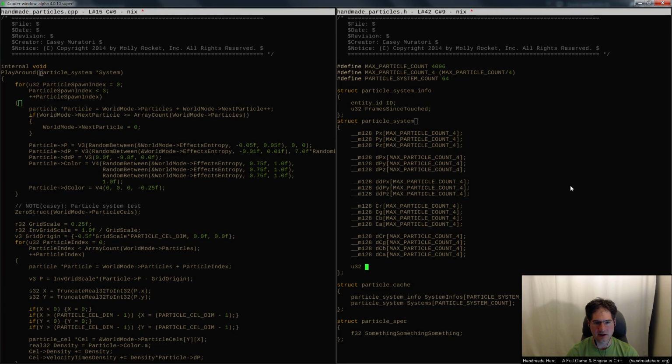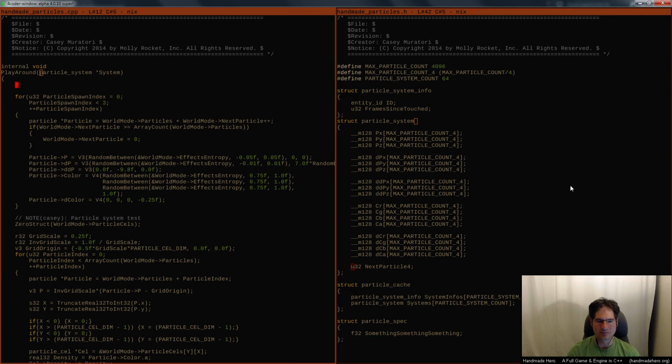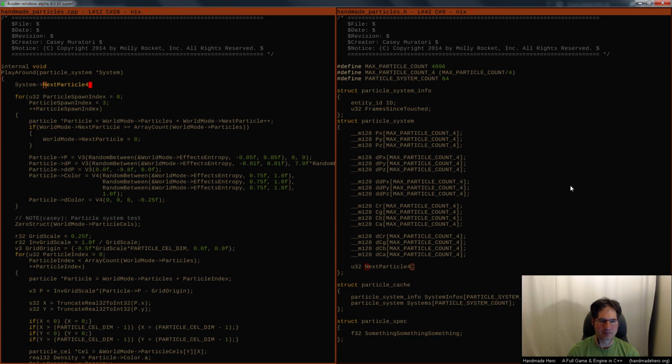So I'm going to say this is like next particle 4, because it's actually referencing into clumps of 4 as opposed to talking about an absolute particle index. It's not a very good convention, not a very rigorous convention, but it's just something to make me look at it twice and go, oh, right, that's a thing. That's not directly talking about a particle index in an absolute sense. So if we do this and say, all right,